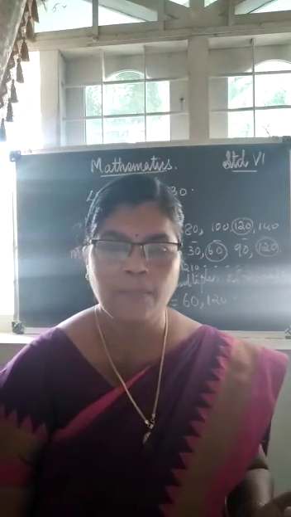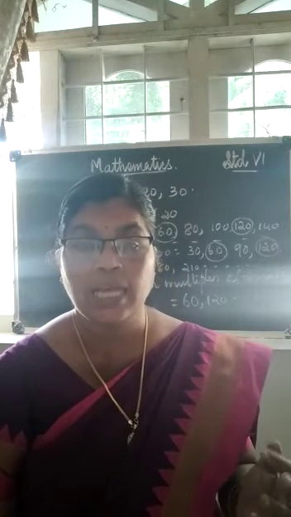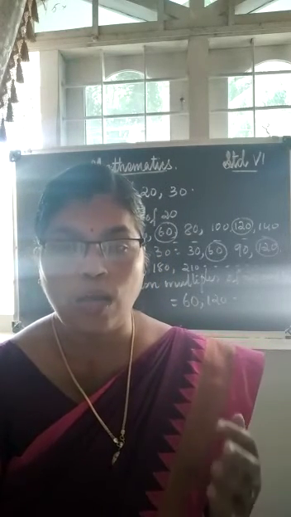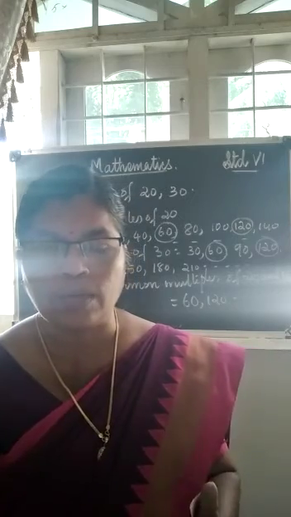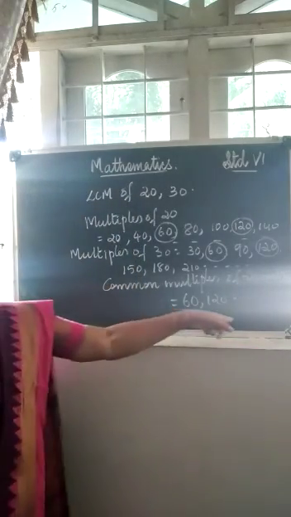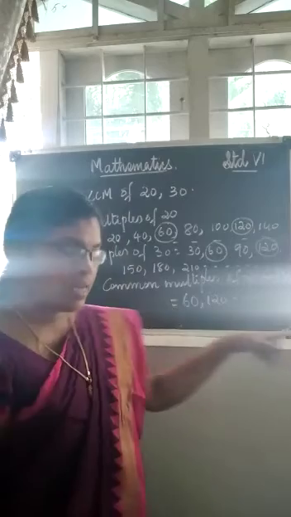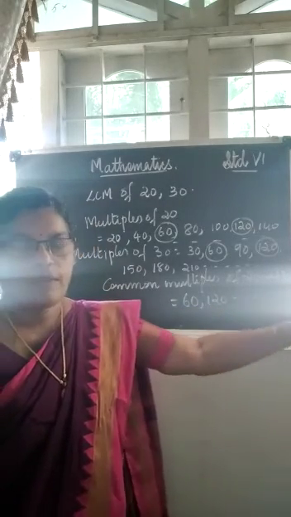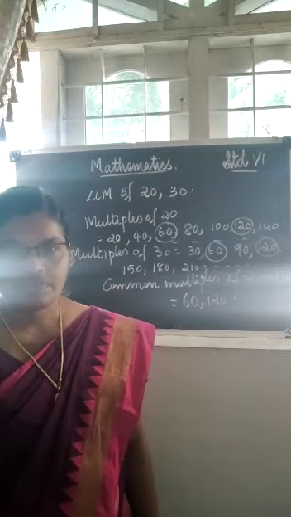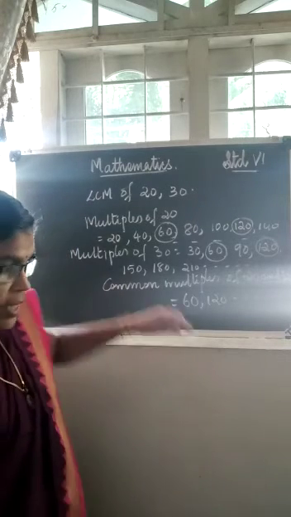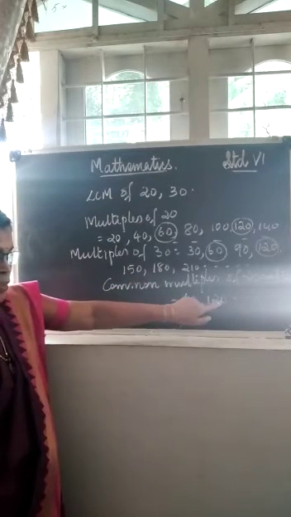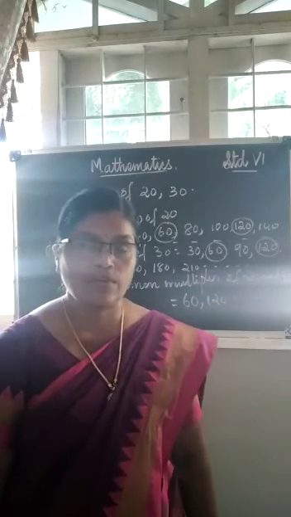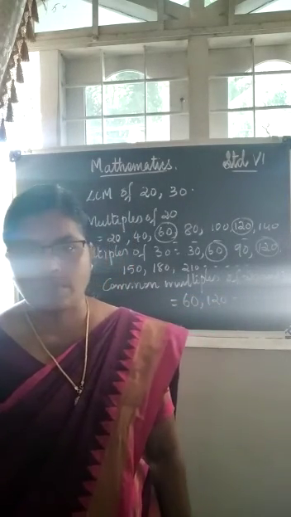Now which is the LCM of 20 and 30? That is the least among the common multiples, that means the smallest of all the common multiples. Here we got the common multiples 60, 120. It goes on like that. The next common multiple will be 180. You add 60 to the previous number, you get the next common multiple. That is 60 plus 60, 120. Again, if you add 60, you get 180. Then 240. Like that you will get the common multiples. There will be so many common multiples, right?